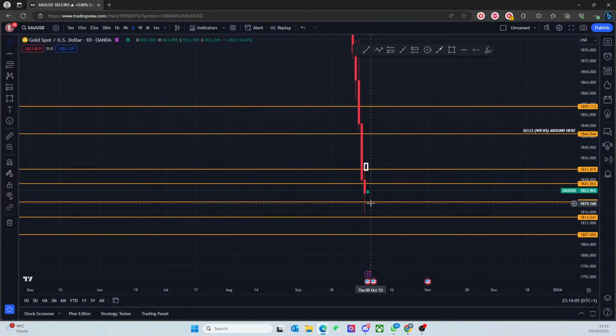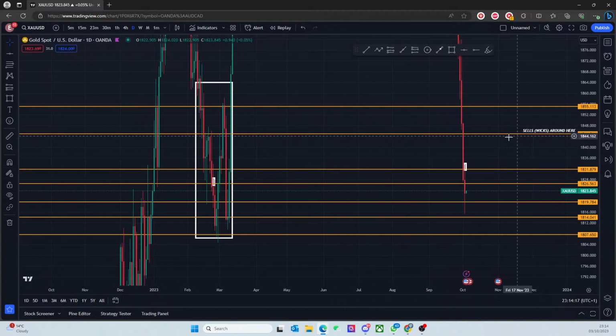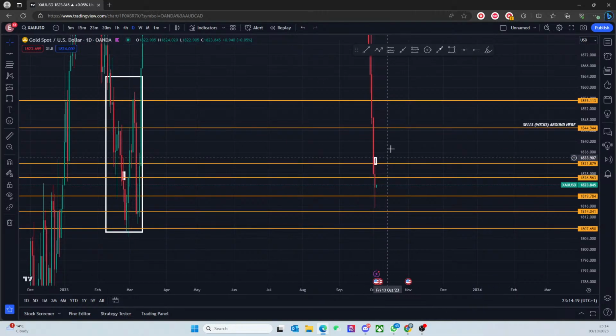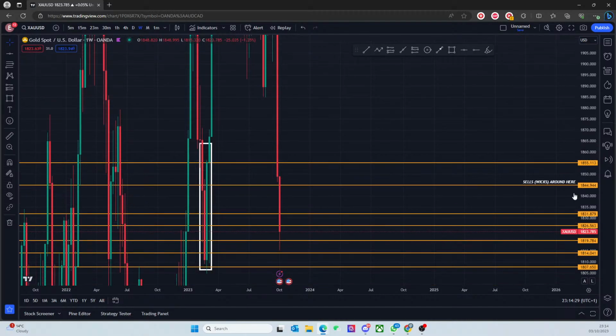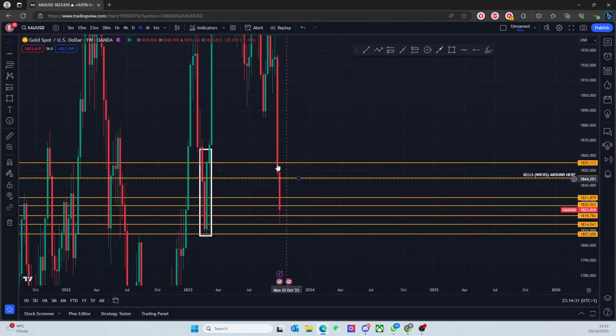So on the daily, 1844 is coming up, right? If you are coming up, it's highly likely that you're going to create that top wick for the weekly. So sells here might not be valid, right? If you're creating structure that's just bullish all the way up to here, taking a sell here doesn't make sense because you're very close to the top wick for the weekly. And if you create that top wick for the weekly, it's likely that what price is showing is that it could come up all the way to around 1886, these sorts of areas, 1877 sorts of areas before coming down.